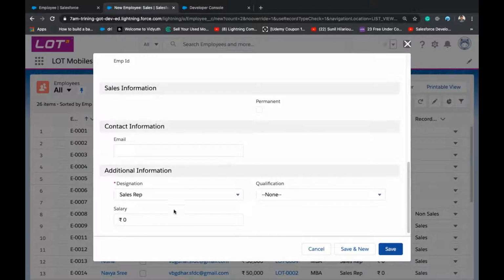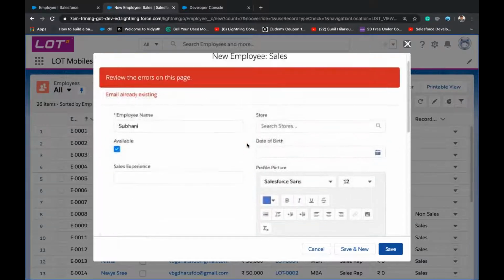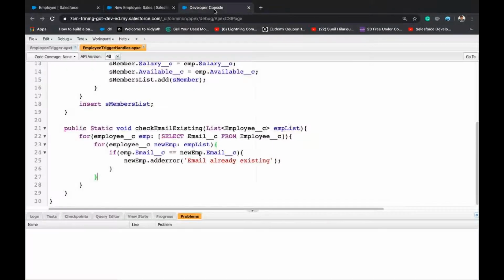When email is null in the database, at least for one record, it won't allow us to create a record, right? So in this, while checking, we should also check this one, the existing emails not equal to null, right?